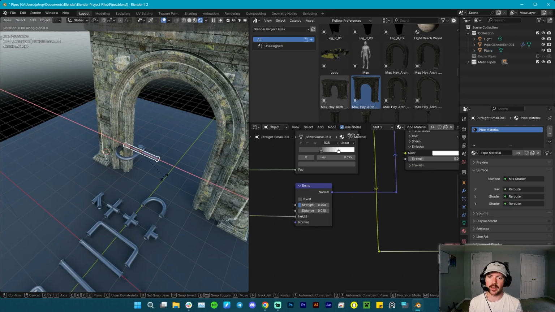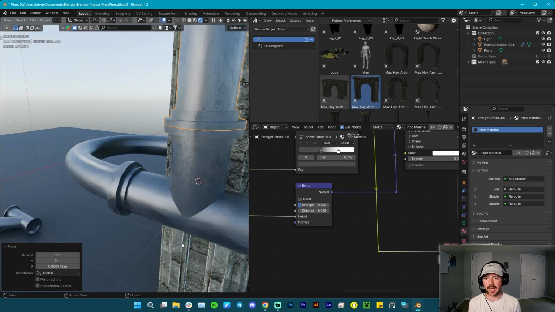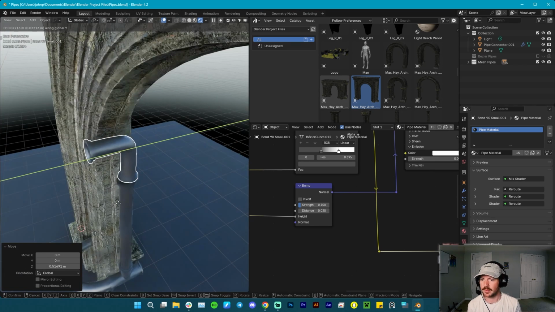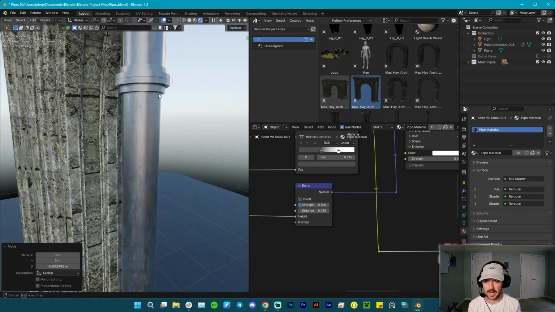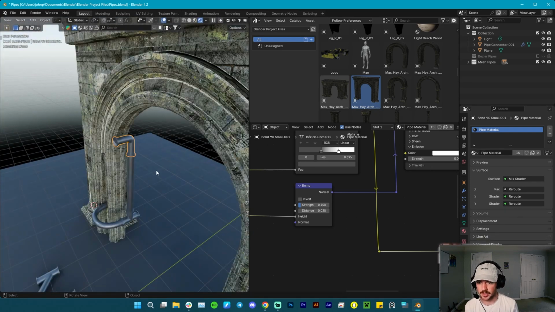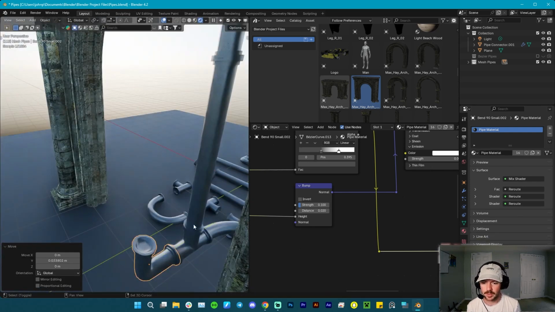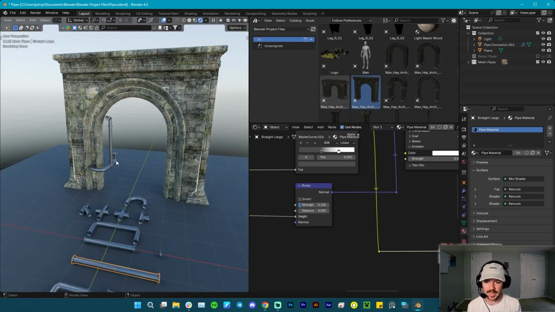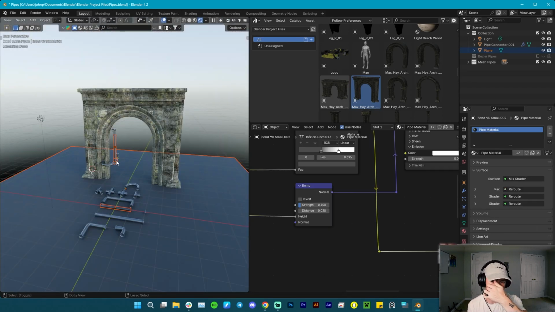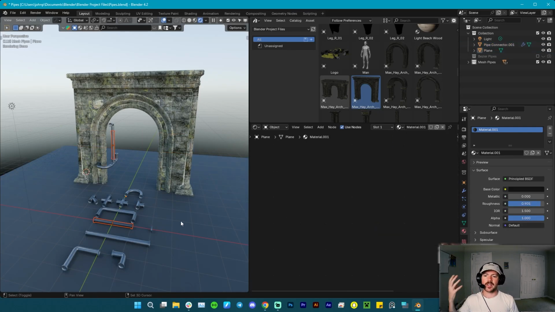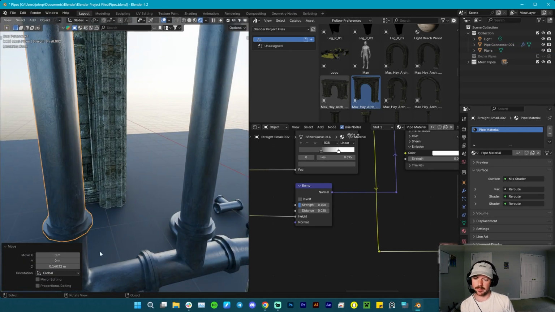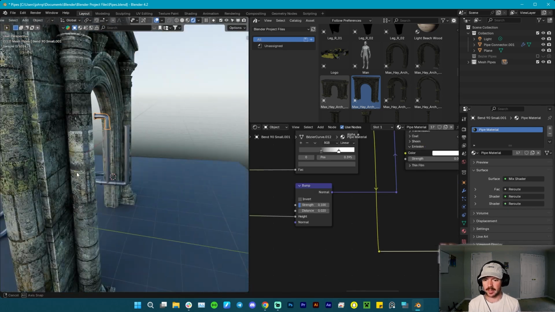So I've dropped in an archway, and now I'm just duplicating parts from the pipe sample pack, and I'm moving them over, building kind of a pipe structure that I will be able to reuse in other projects, but also duplicate around this scene, which really helps sell that the world is a little more lived in. I've noticed that just using,